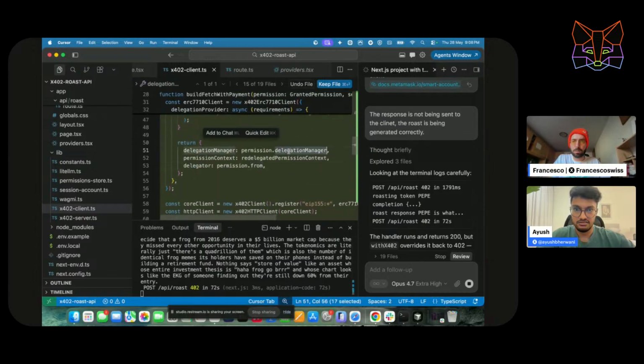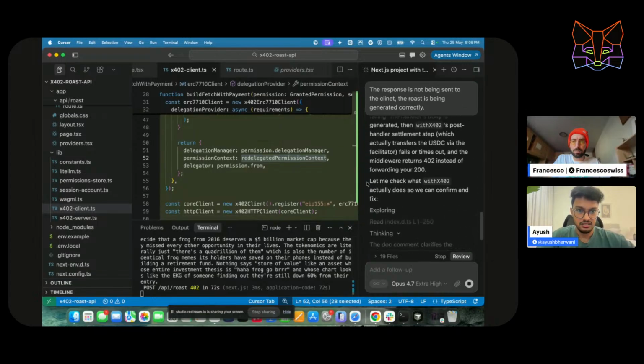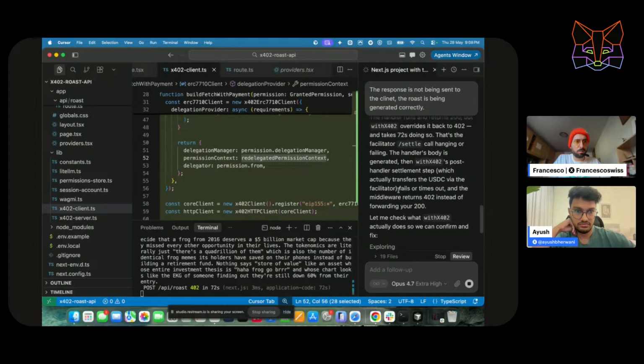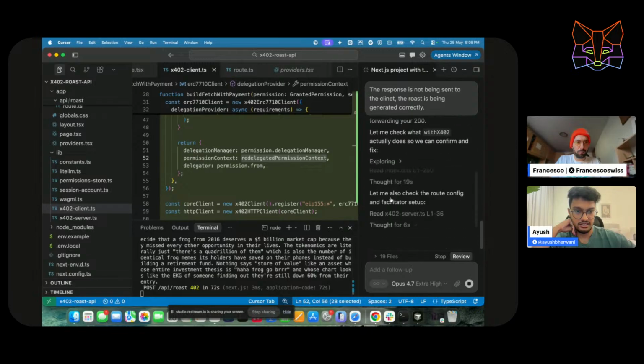Okay, this is fine. It says, is the facilitator call hanging or failing, and it's checking if it is working fine or not.